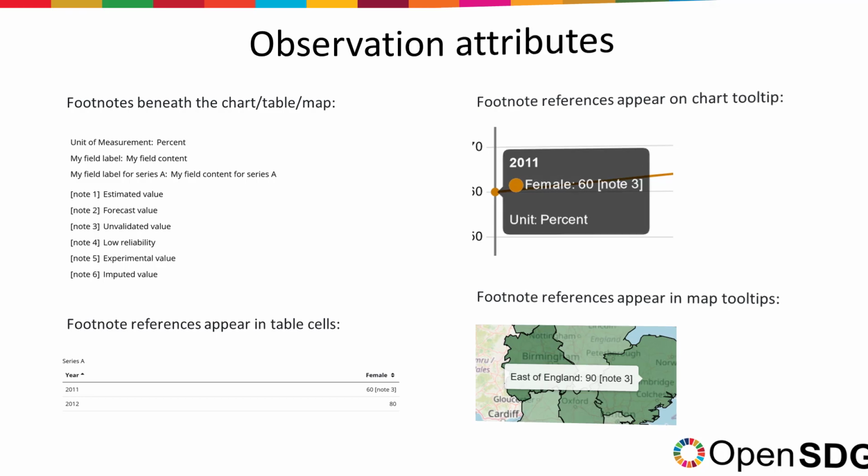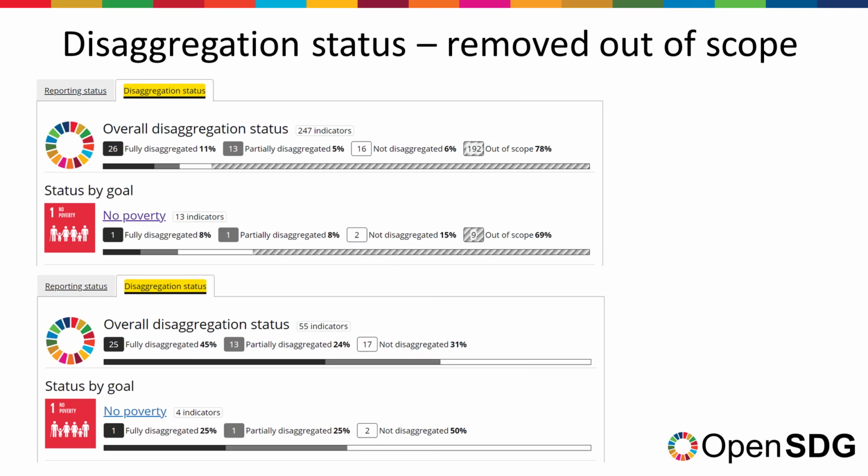and tables. To make the disaggregation status measures for each goal easier to read, we have now added the option to remove the out-of-scope part from the bars by enabling the Ignore Out-of-Scope Disaggregation Stats setting in your data configuration